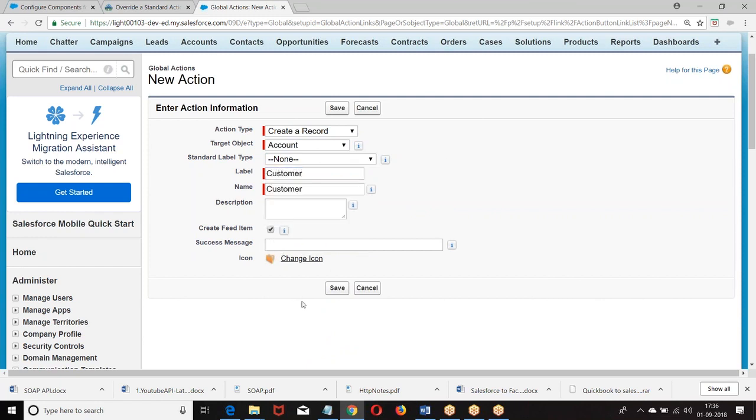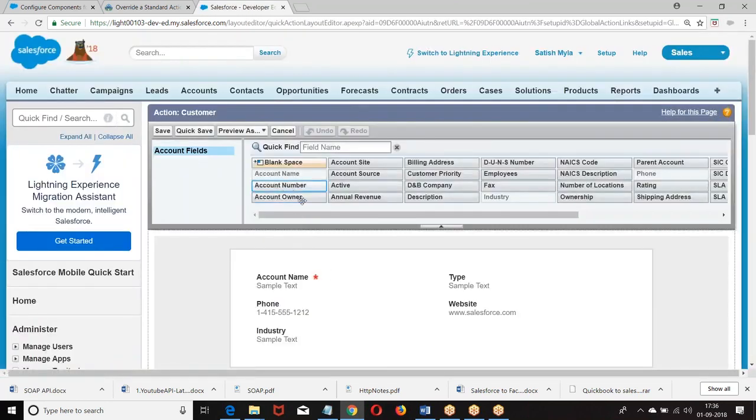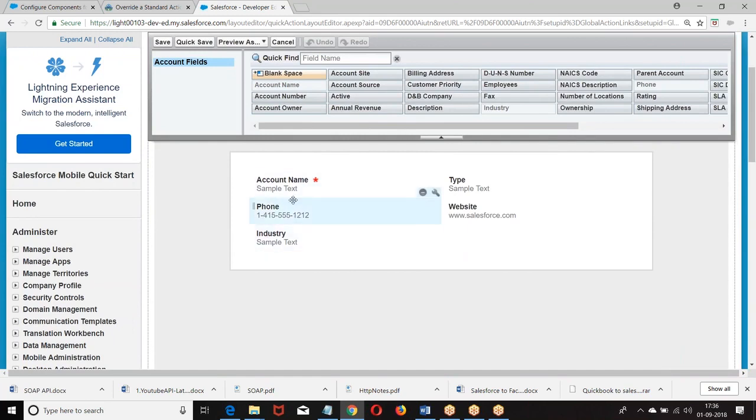Any label, standard label, or do you want to create your own label? Customer. Now, when you say quick create, which fields should be there?